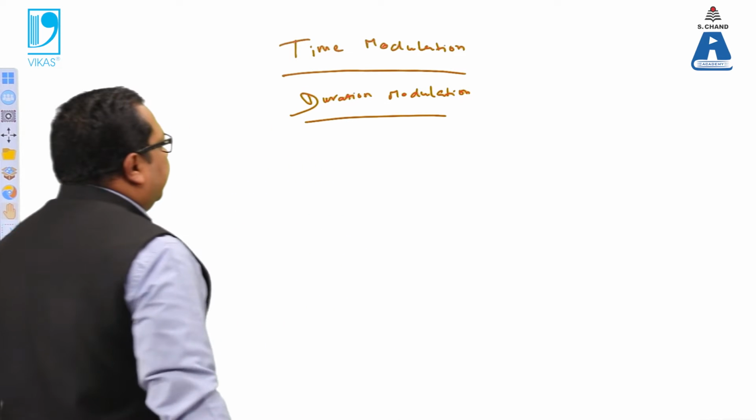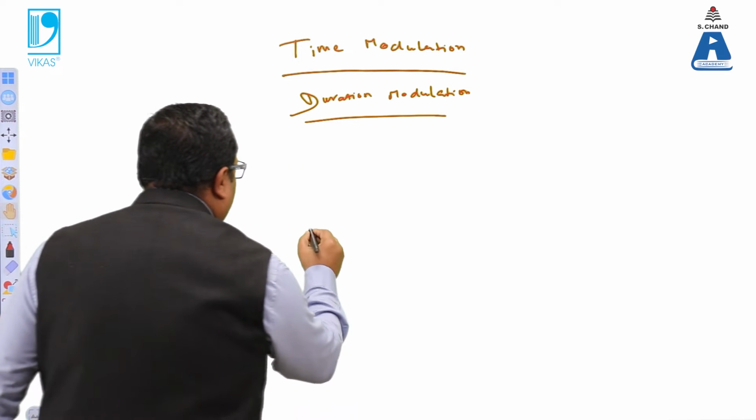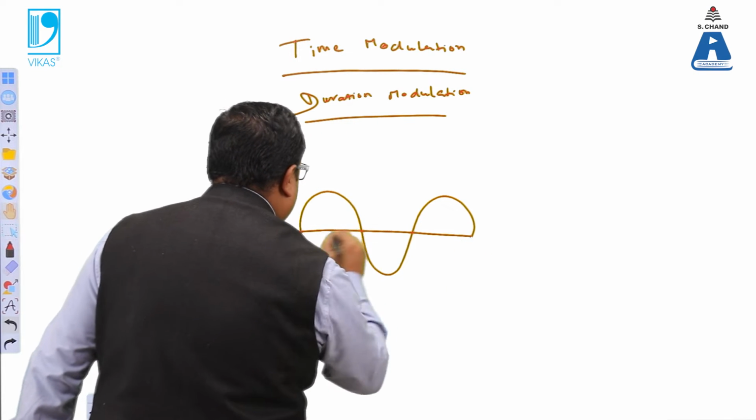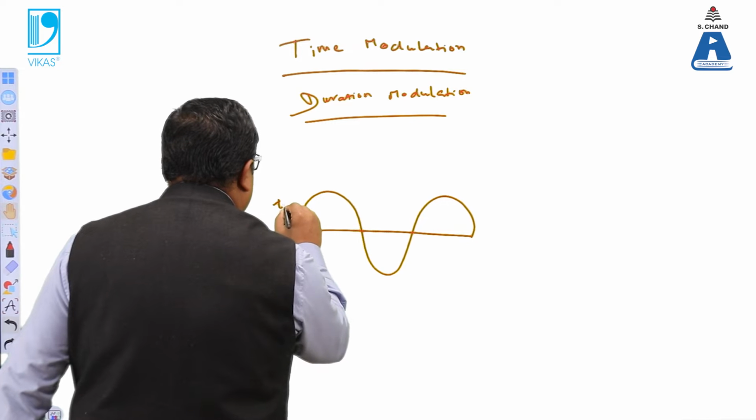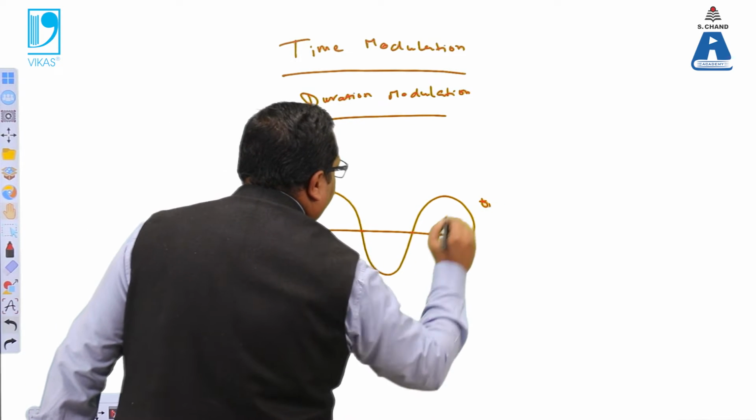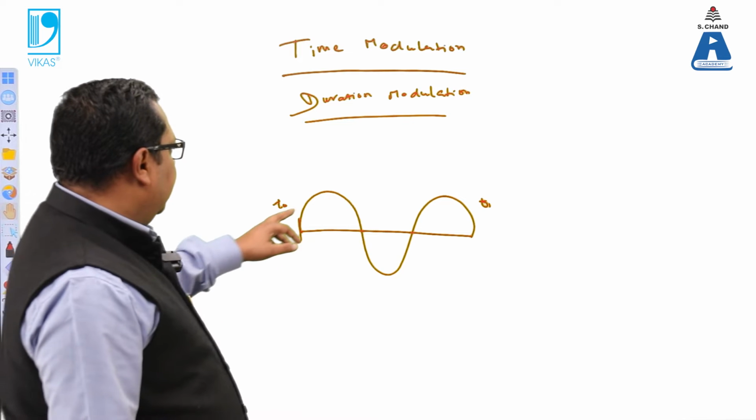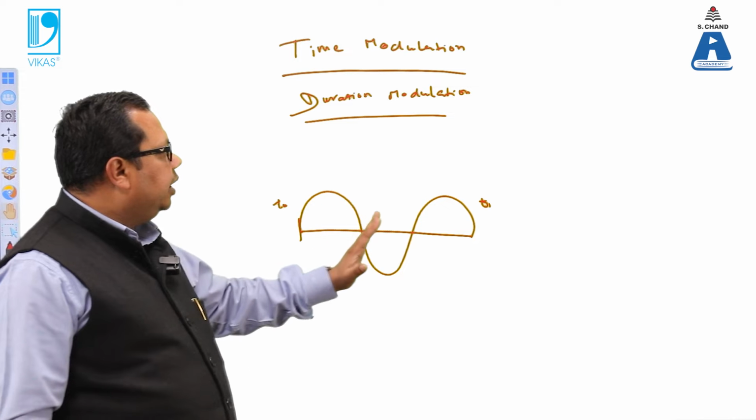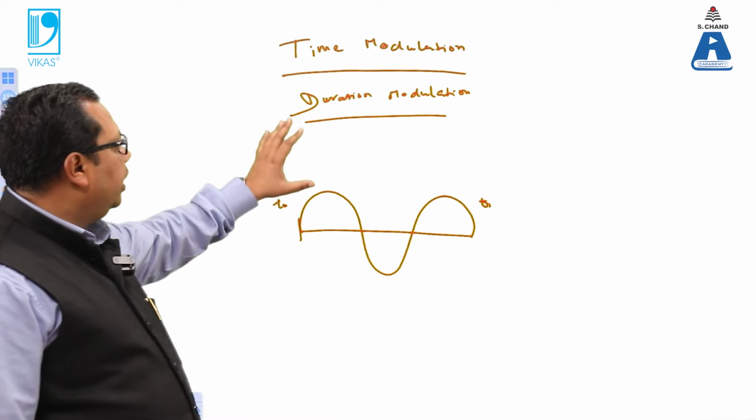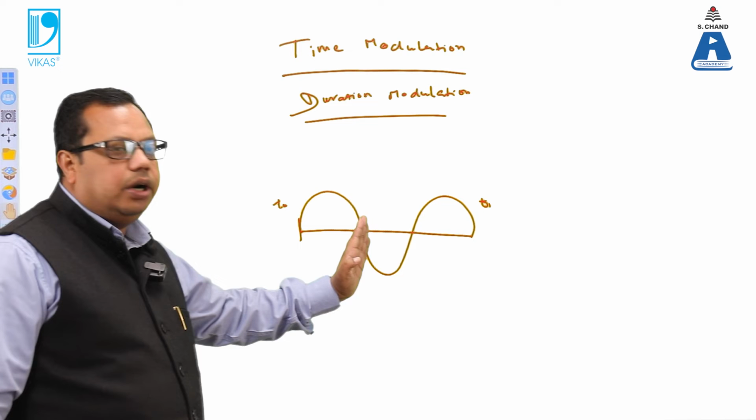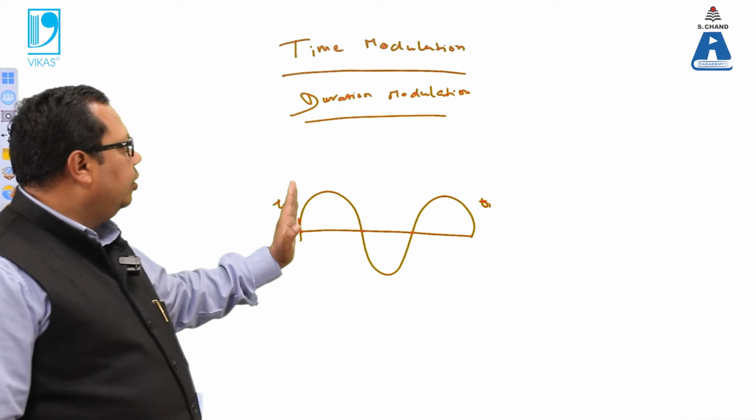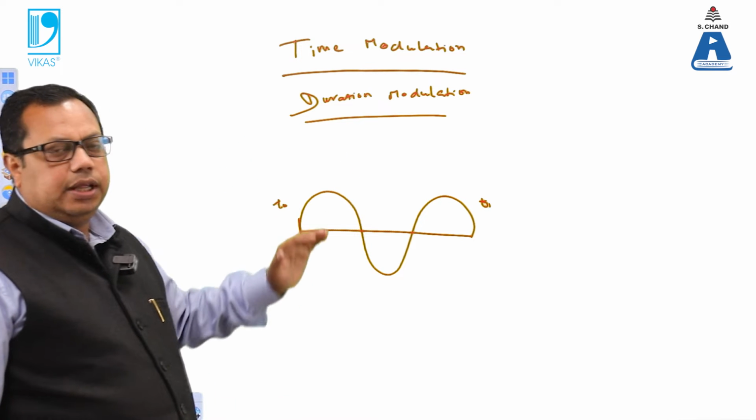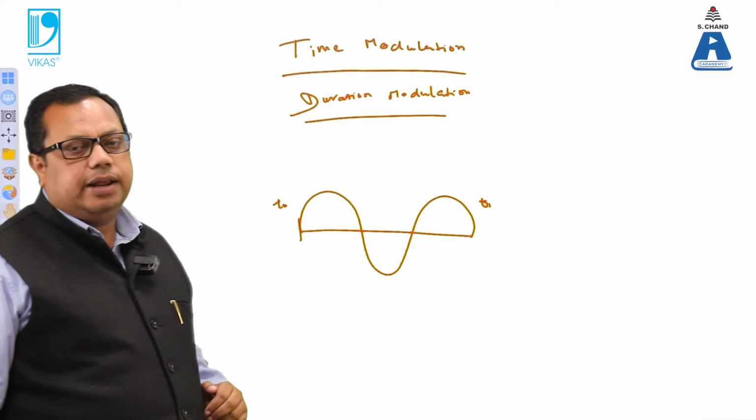So what is time modulation? Suppose a signal is processed from the time t0 to the time t1. Between this particular time, if we want to calculate the modulation for a particular time, or from one time to another for a particular duration, then that modulation is called a time modulation